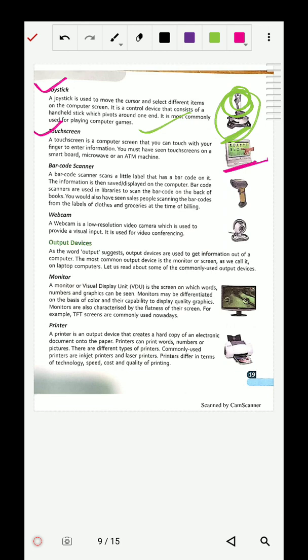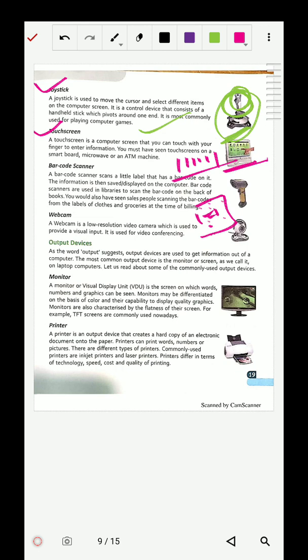if you buy some item, behind that item you will see there are some types of lines. Lines just above the price tag, there is a line, this type of lines are there like this. Okay, or in your Aadhaar card, did you see there is a square type of grill like this, so many grills are there. This is your barcode.